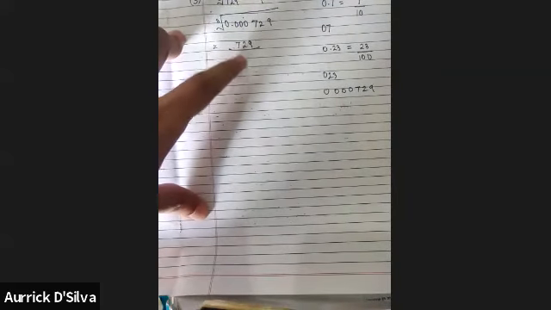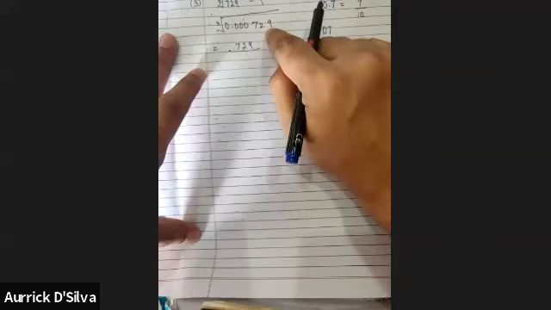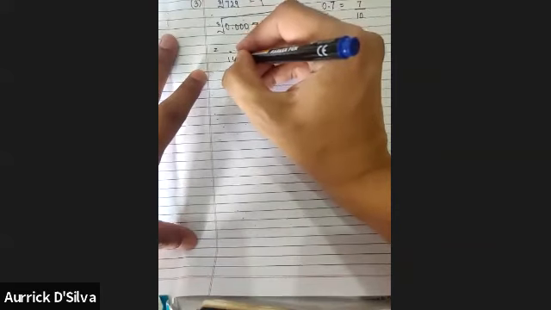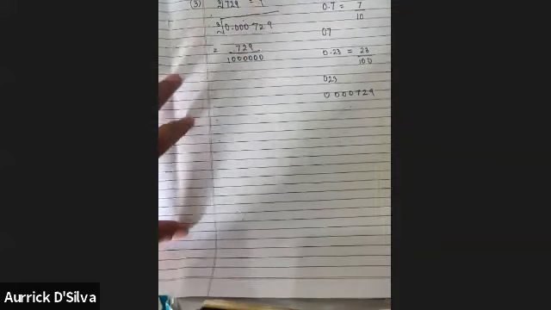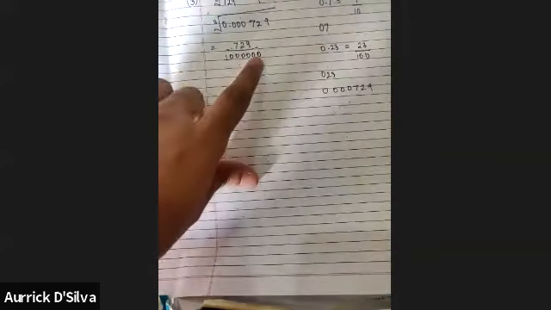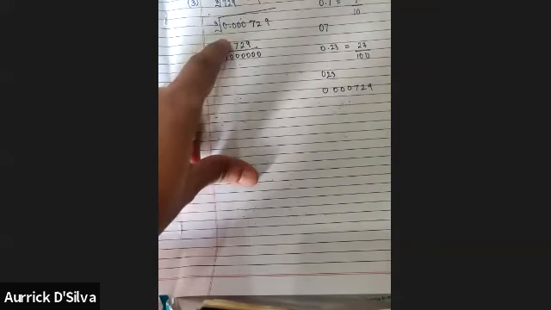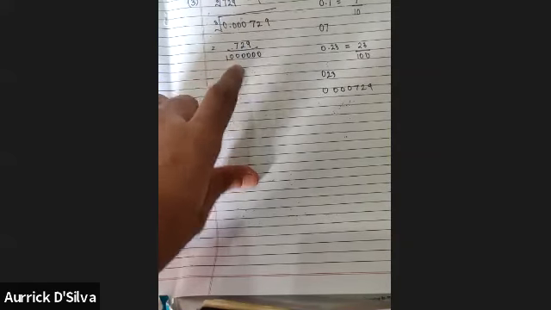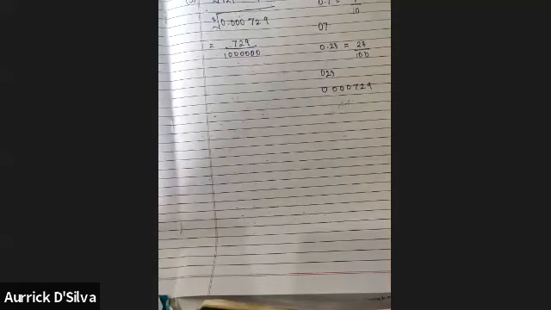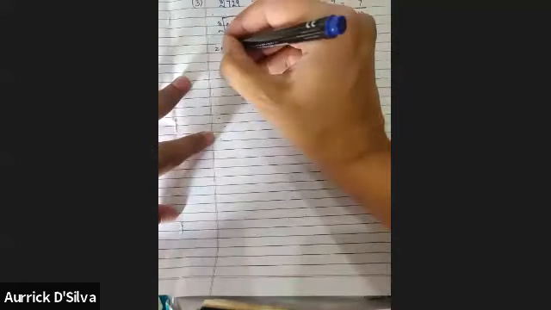But now to write the fraction, I have to count how many digits are there after the decimal. If I count, there are 1, 2, 3, 4, 5, 6 digits. तो नीचे 6 zeros आने वाला है. This is the correct way to write it. 729 upon, if I check the units 10, 100, 1000, 10,000, lakh, 10 lakh. ये 10 lakhs है. 729 upon 10 lakhs, or we can even say 729 upon 1 million. Okay. So this is the part of converting to fraction.